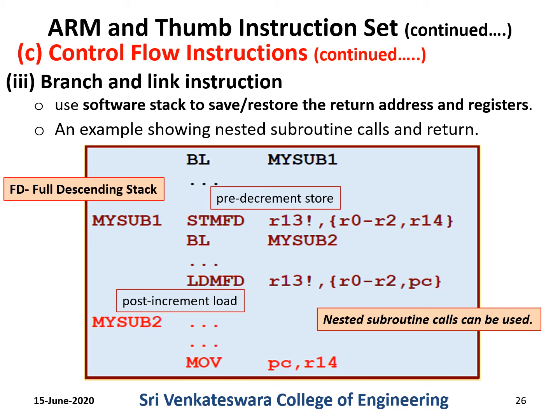So first, from the memory location pointed by R13, data is loaded into R0, followed by increment of the R13 register. Then again R1 is loaded with the next address location, and so on till PC is loaded with the address which points to the location available in the main program. So this is how nested subroutine calls can be implemented, and also a software stack can be used to save and restore the return address and register values.